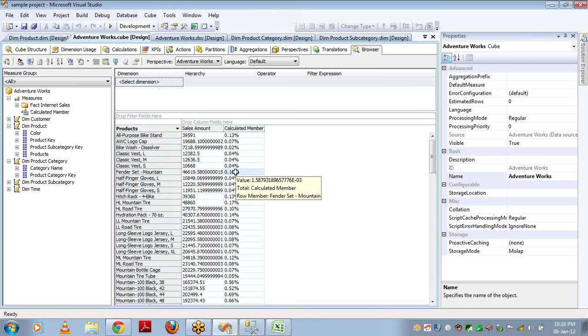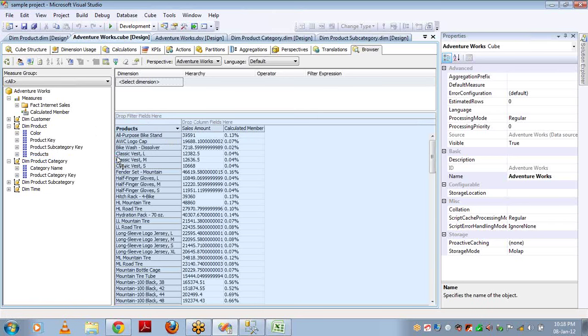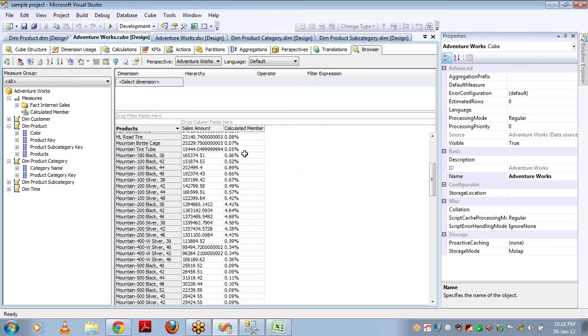Then only it will give you the proper value. In the denominator you have given dot parent, but the current member is null when I don't have this. What is the current member from the product? There is nothing, so it is null. So the sales amount value divided by null or 0 gives this error. So you have to drag the products in order to get the calculated percentage.